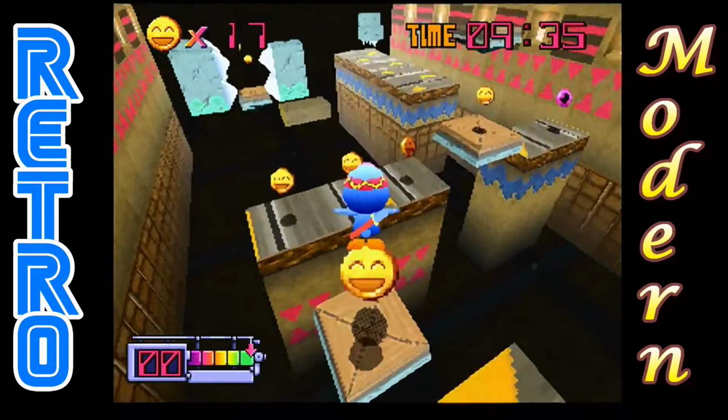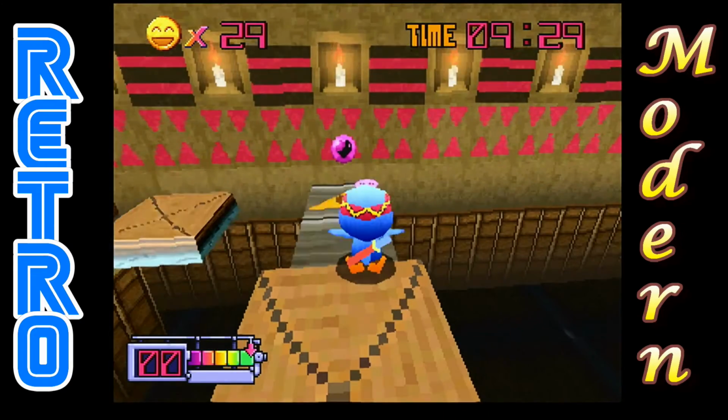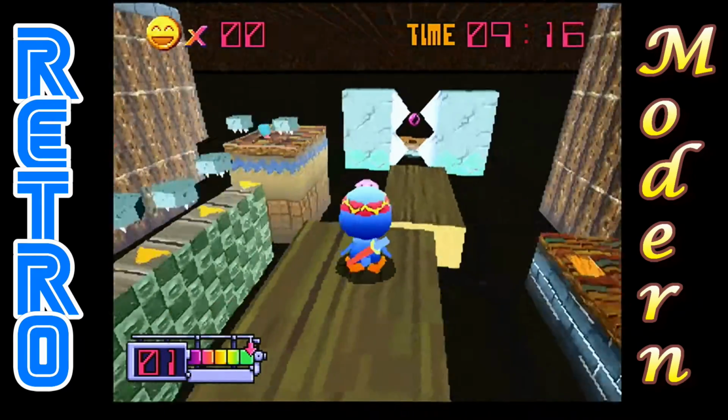Whereas most of the zones you can run through them quite quickly, the key to the last zone is to be patient and take your time to judge the jumps, especially when on moving platforms, as there isn't much room for error at all. So the positives are, it's got great graphics for a 3D game for the Sega Saturn,